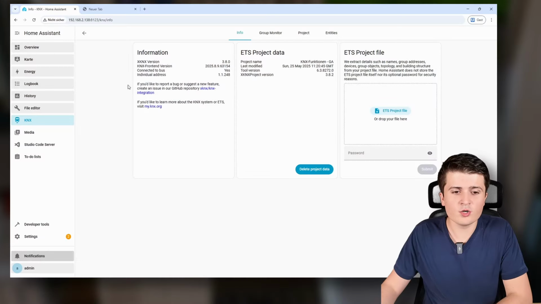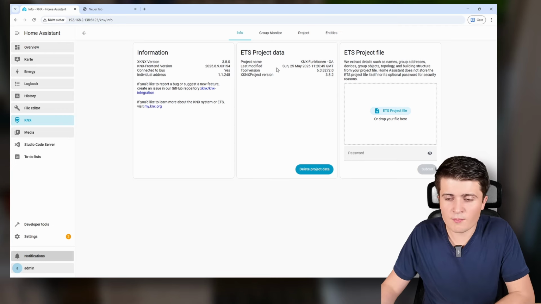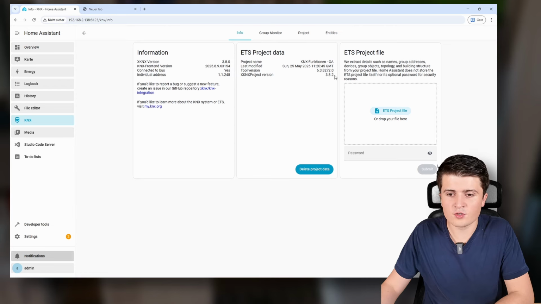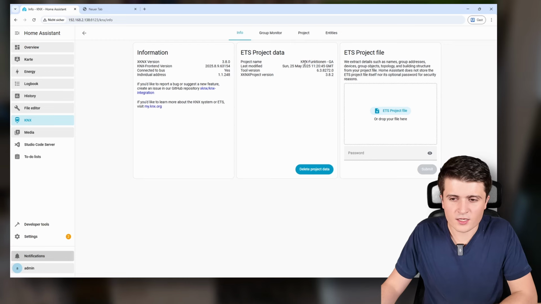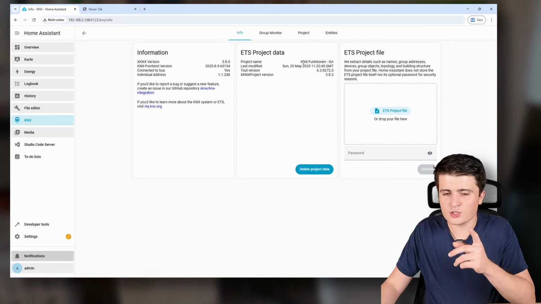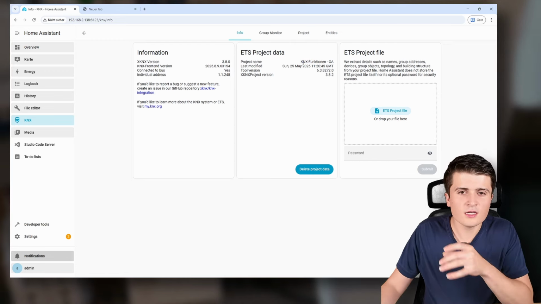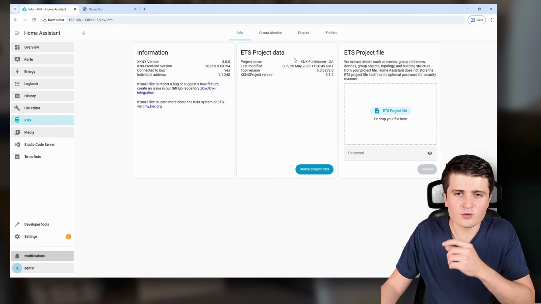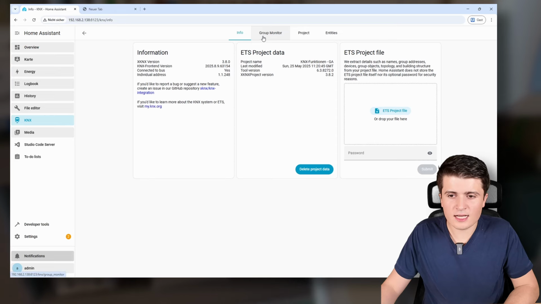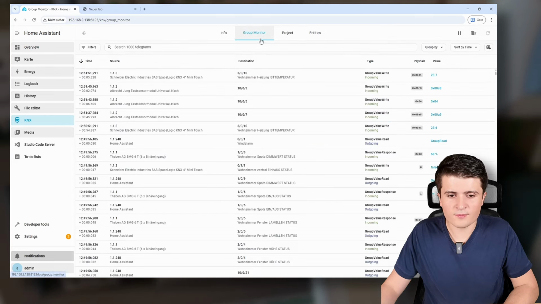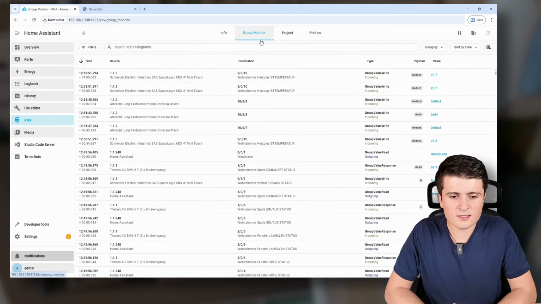So I'm here in my Home Assistant installation with the KNX integration already opened up. And what is important is that first of all you have to import your ETS project. So in my case I have a KNX project imported in German, so don't wonder if the group addresses are named in German in the group monitor. So let us directly head over to the group monitor, and that's basically what was updated,